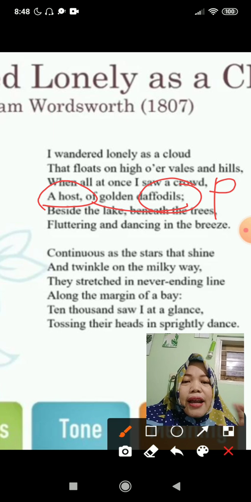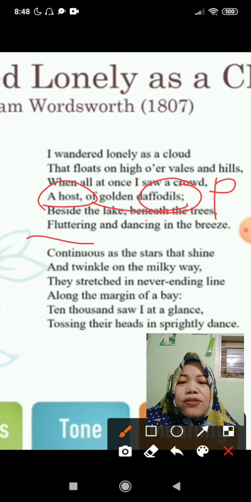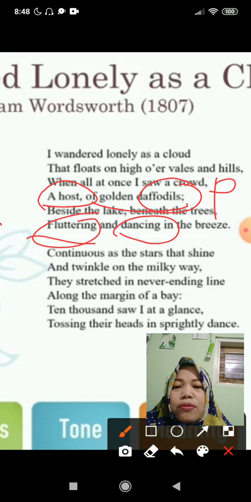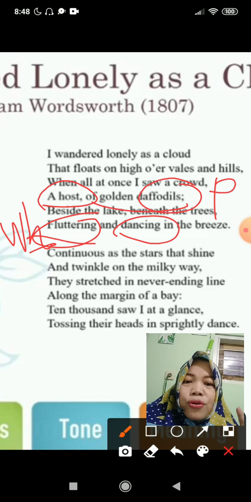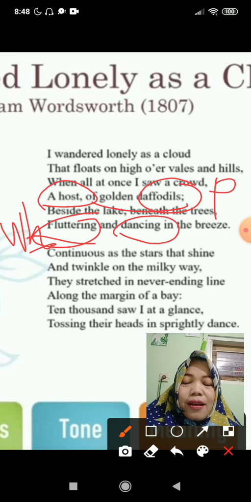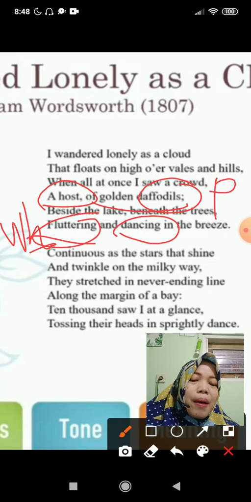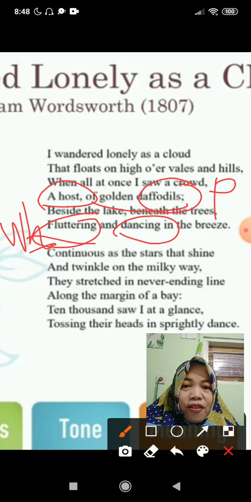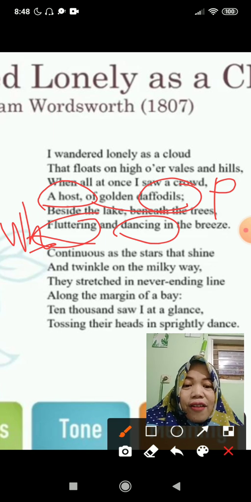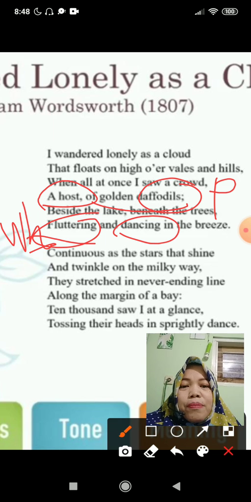Oke, kemudian let's see for the last line of the first stanza. Fluttering, dancing. Who? Siapa yang fluttering? Who is dancing? Dancing, fluttering kan biasanya sama manusia ya. Nggak mungkin juga itu adalah daffodils, karena fluttering dancing di sini adalah daffodils-nya ya. So that will be the same again. It is a